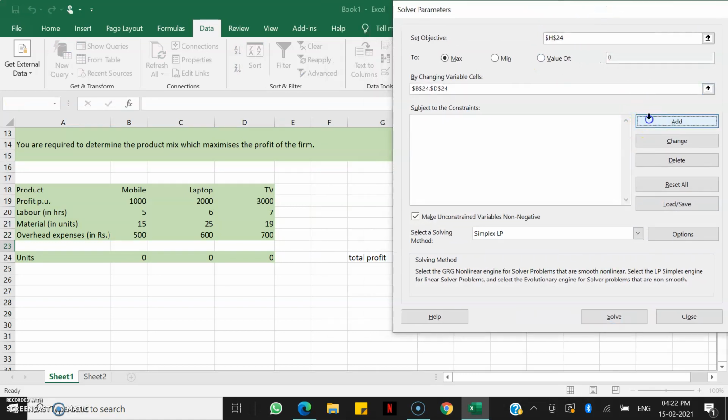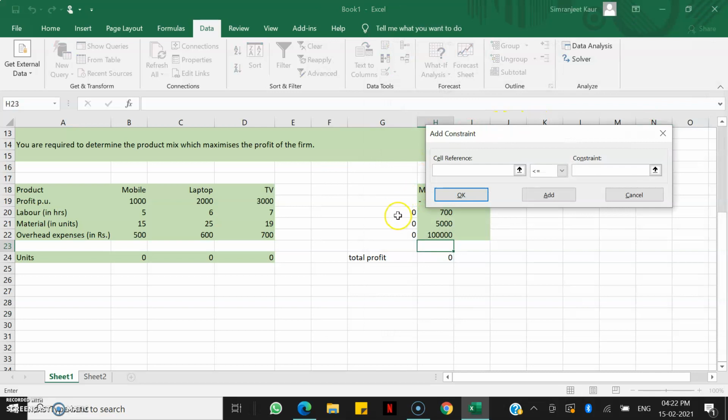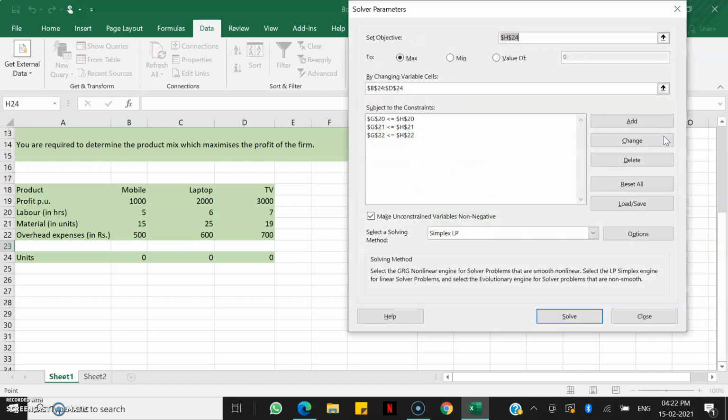So I'll start adding the constraints here. So this should be less than 700. My material should be less than or equal to 5000 units, and my overhead expenses should be less than 1 lakh rupee. So now that we are done with constraints, I'll go back to my solver.